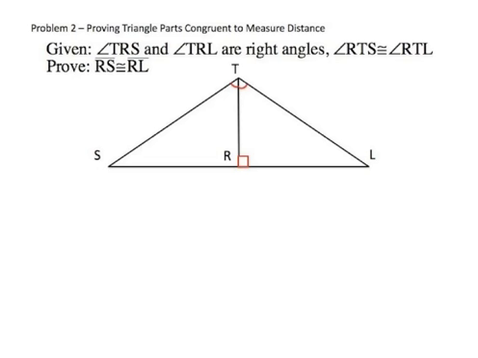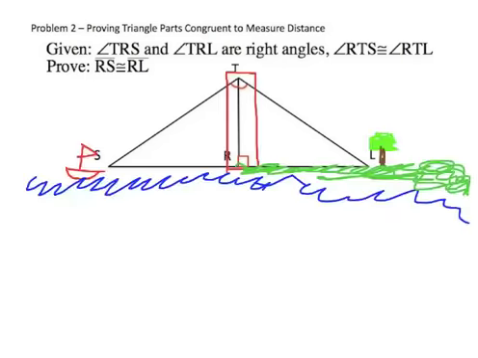Okay, problem number 2, using triangle parts congruent to measure distance. Now again, because I'm not much of an artist, I don't have the picture on here. However, here's kind of what it looks like from the book. You have a ship out here at point S, and this tree or landmark, and we have this tower that